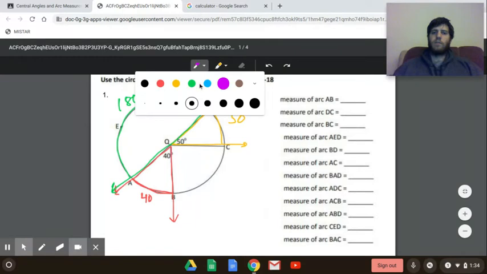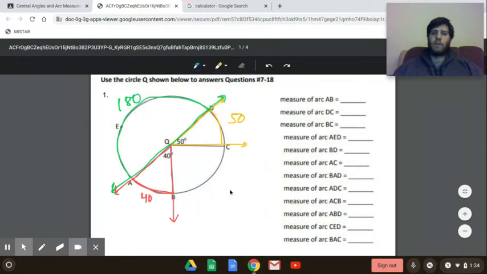So we can do 180 minus 40 minus 50, and that's going to give us 90. So that tells us here that this angle is 90 degrees, which means that this arc here